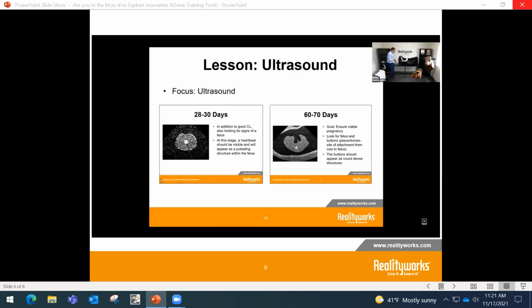Another piece of the puzzle that we have is our ultrasound tablet and probe. In this case, our ultrasound tablet and probe has just that. It has a probe. It hooks up to our tablet here. And in this case, it has different scenarios for you, ultrasound scenarios. So in this case, I would have my ultrasound reproductive tract ready to go. And all I have to do is pick practice, simulation, or test. When I go inside, it starts to give me the actual visuals that you see on the screen there